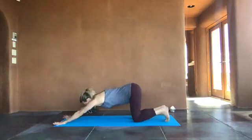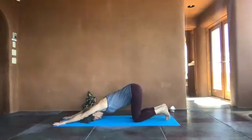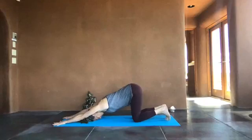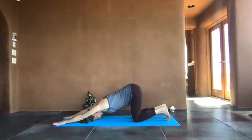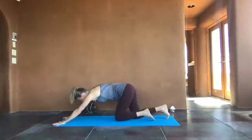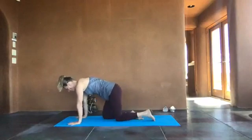pose, stretching out through the arms. Knees come directly underneath the hips, and go ahead and stretch your hips back one at a time, reaching. Breathe out through your mouth a few times, relax any tension in the jaw. Beautiful. And then inhale, we'll come back up to